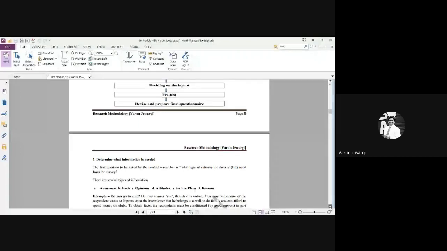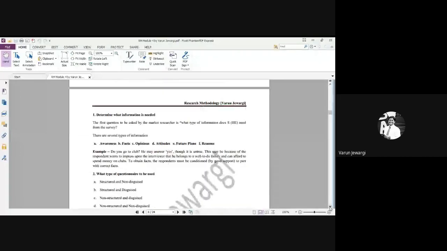We'll go through this. Determine what information is needed. The first part, as I was talking about. The first question to be asked by the market researcher is